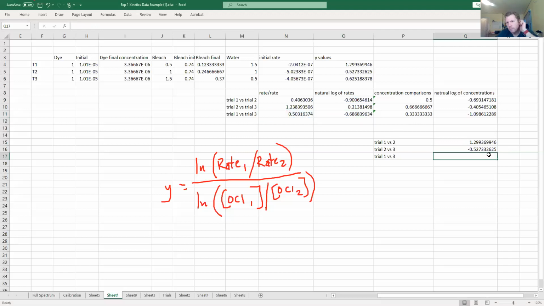Okay, so now, finally, trial 1 versus trial 3. This is going to be equal to natural log of my rates divided by natural log of my concentrations. Done. 0.625. Okay, so all those numbers can be reconciled with one another. So that's what you need to do in order to set up all these different